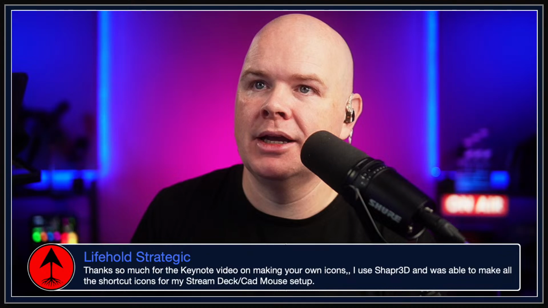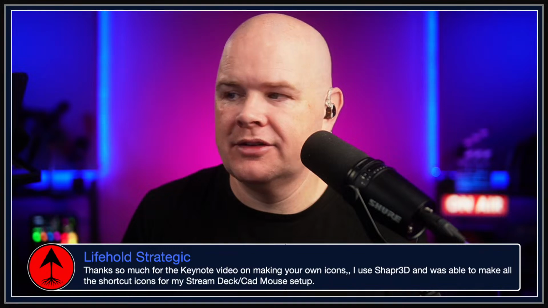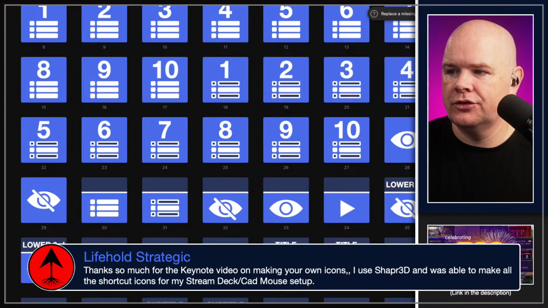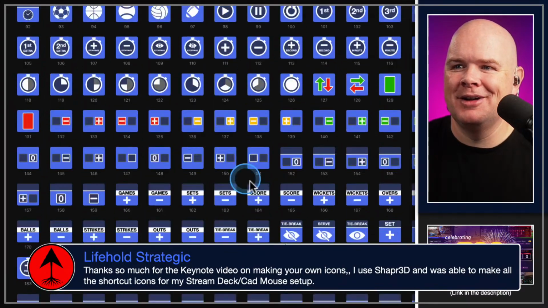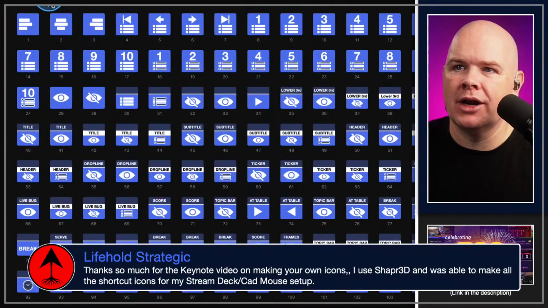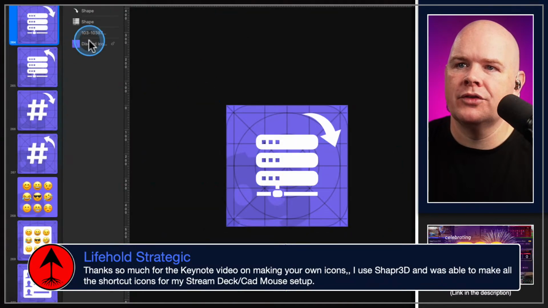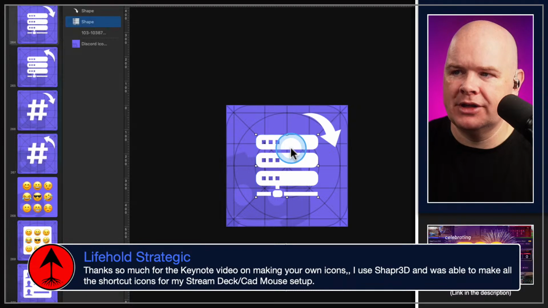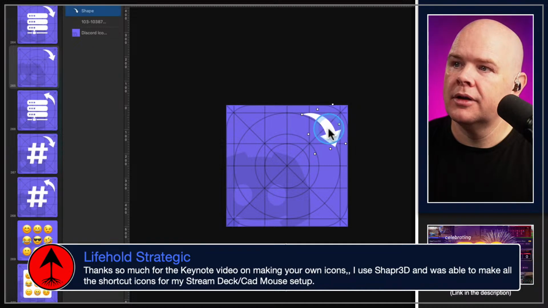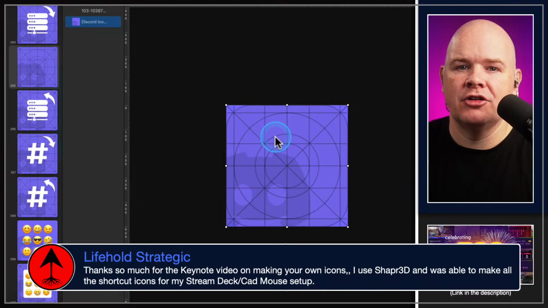Now, let me just open up my Keynote. This is quite amusing. Let's see if we can get this all fit in the screen. Here is my Keynote, and I'll just zoom out. Here is basically my file with all of my different icons in for various different things. So if I go over to here, I'll go to File Navigator. What I've got here, you can see in the background, let me just get rid of this. In fact, I'll just duplicate that. Ignore the little Discord icon, but I'll leave it in there because you see that grid there,